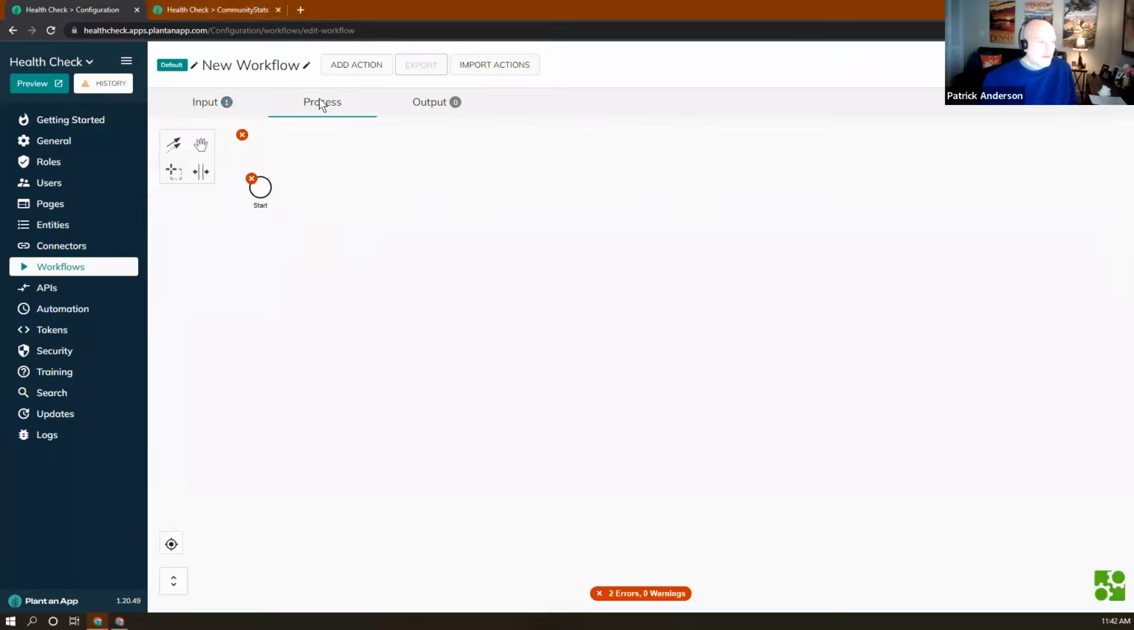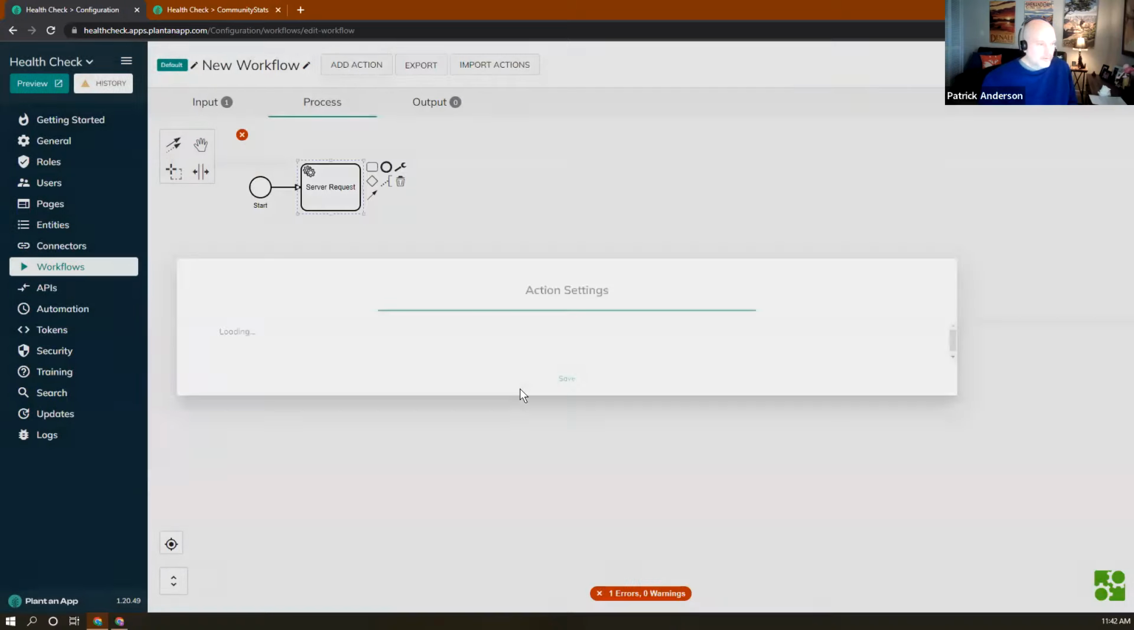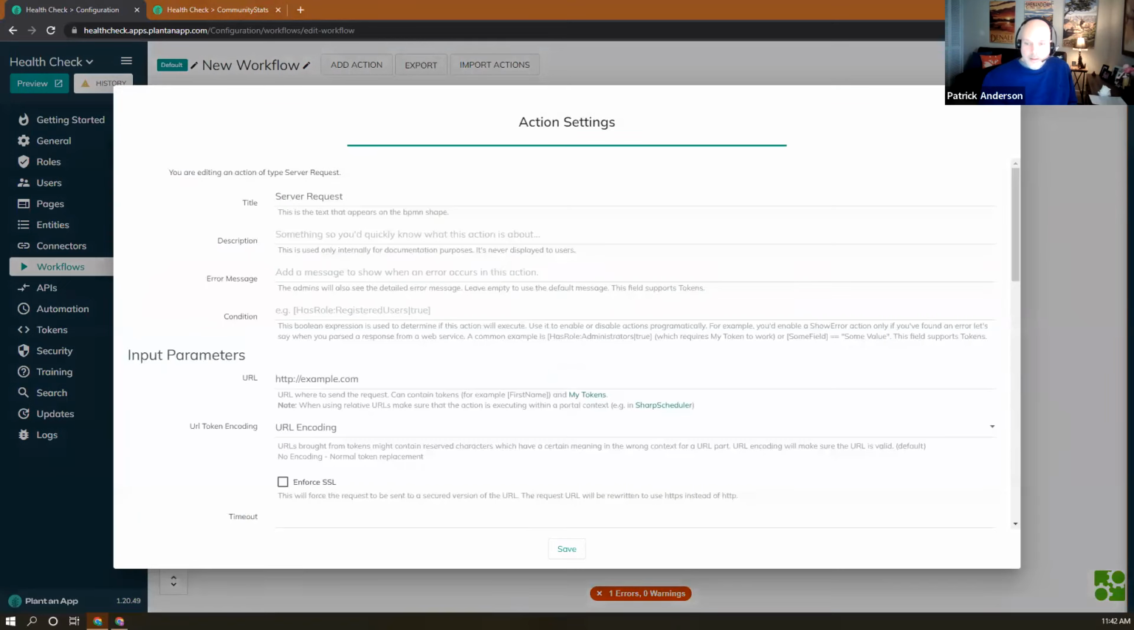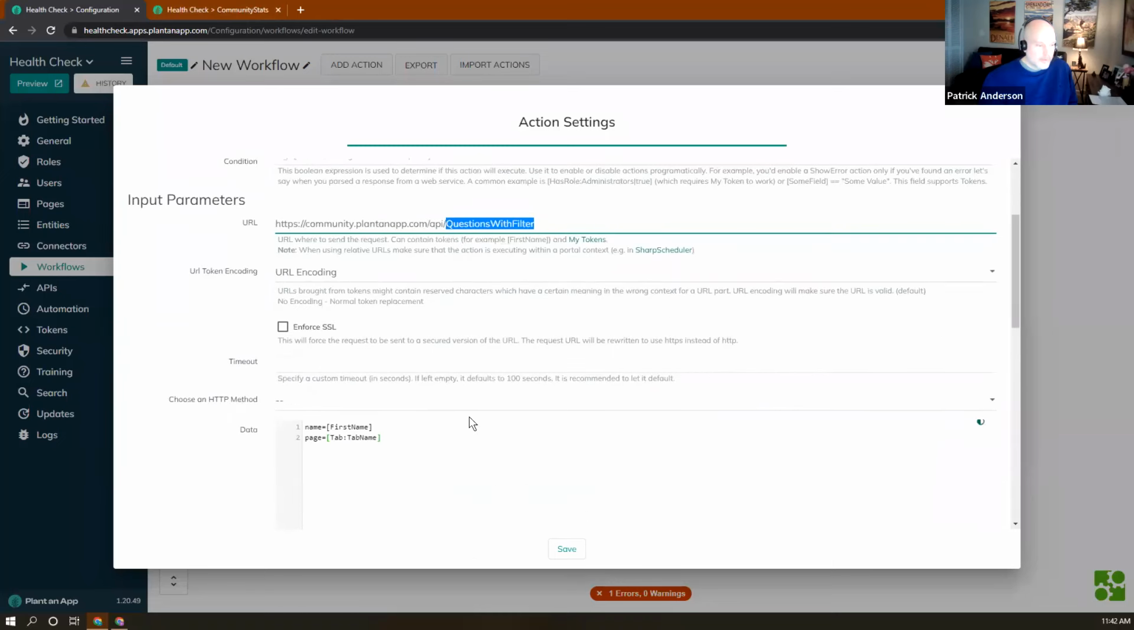And then for actions, the first thing I'm going to do is that server request. I'm going to do a server request. The API created was questions with filter. This is the copied API. So this is the URL for that. And then the data I need to pass in, I'm going to do